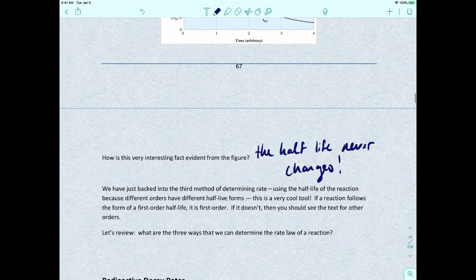Okay, so we actually just stumbled upon the third method of determining rate law. The first method was the method of initial rates. Second was the integrated rate law, and we're still not quite done with that one. But the third one is to use the half-life of the reaction, because different orders have different half-lives. So this is a pretty cool tool to use. As long as a reaction follows the form of a first-order half-life, the reaction is going to be first order. Now, if it doesn't, we have to check out the other orders,